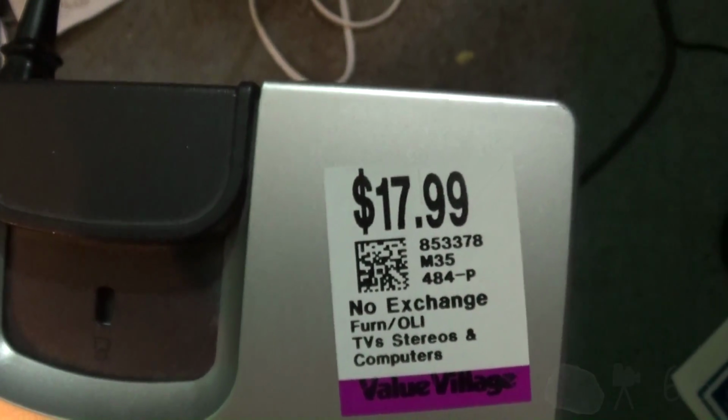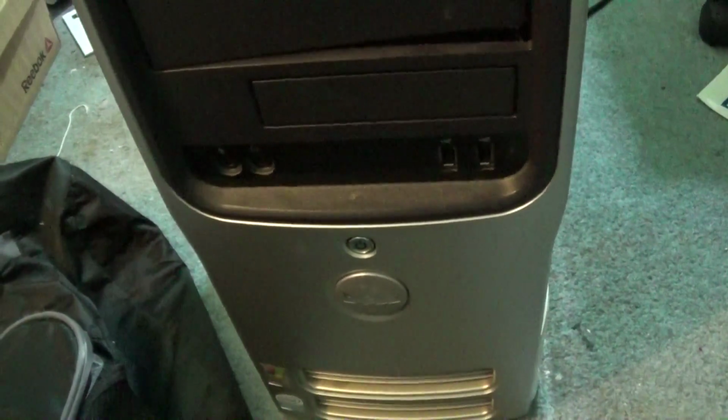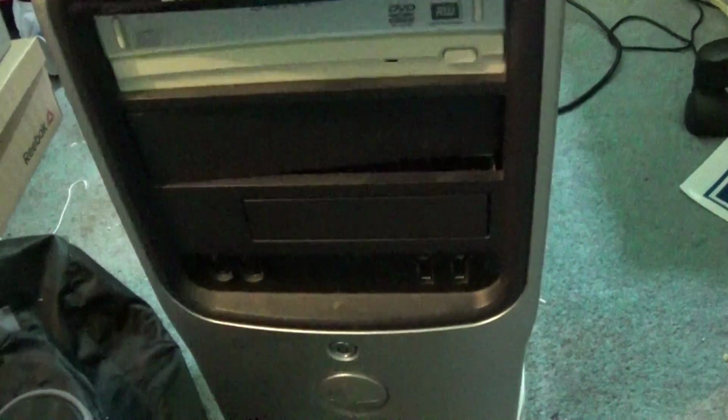You can probably tell, I got in trouble today. Yep. Check it out. It's a Dell Dimension 5150. I'm not quite sure what all it has because I have not powered it on yet. We're going to see. Now this doesn't quite fill me with confidence, but it's possible that that's just